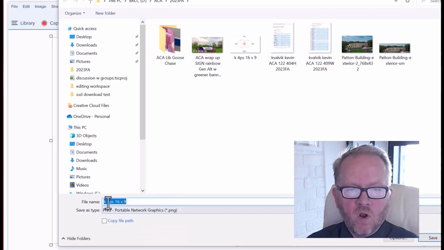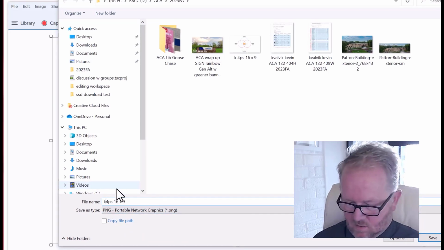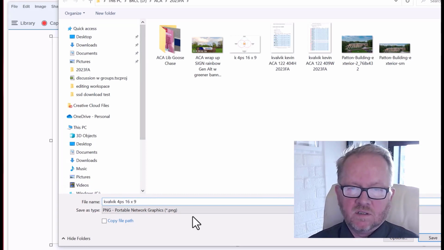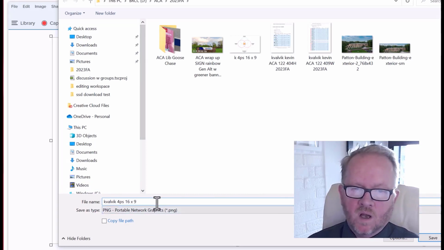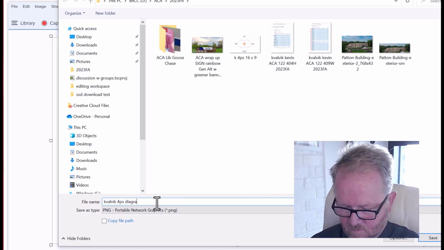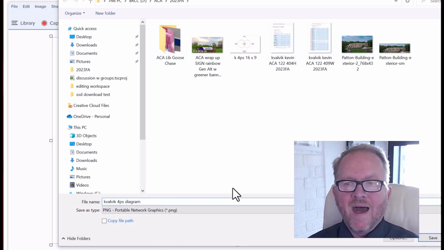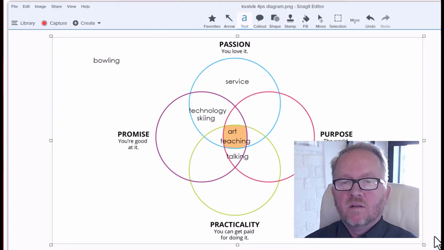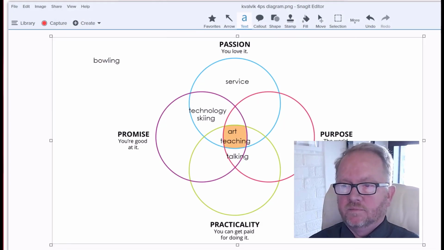And I'm calling this Qualvik because I want my name attached to that. 4 Ps, 16 by 9. Okay, great. I'll put the 4 Ps diagram. So that has been saved, and I'll be able to upload that in the discussion.